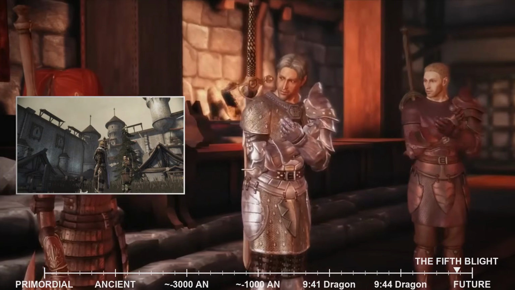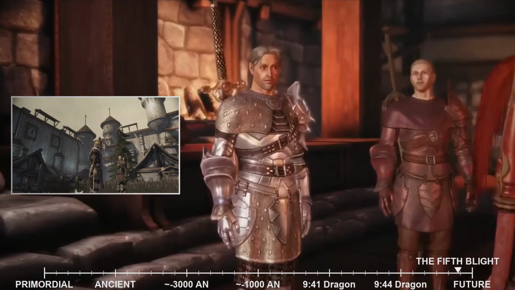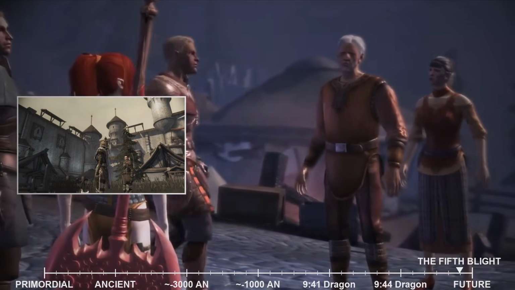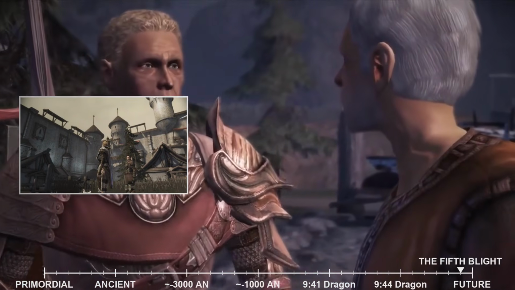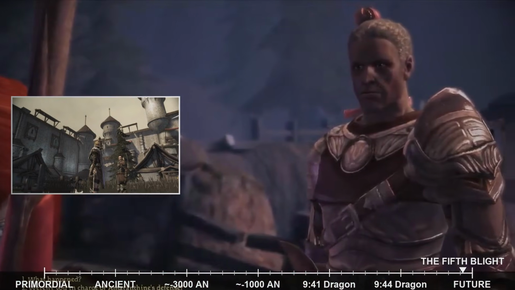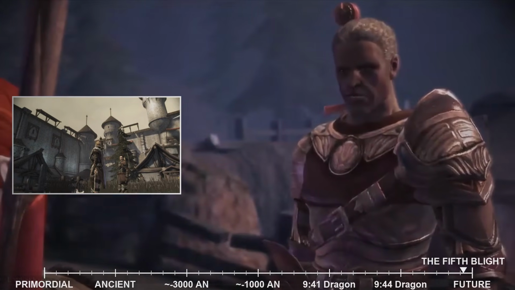Securing Vigil's Keep was merely the first step. The surrounding lands of the Waking Sea, including the city of Amaranthine, also needed to be pacified and protected from lingering Darkspawn threats. Patrols were established, skirmishes fought, and the region slowly brought back under a semblance of order, all under the vigilant eye of the new Warden Commander.